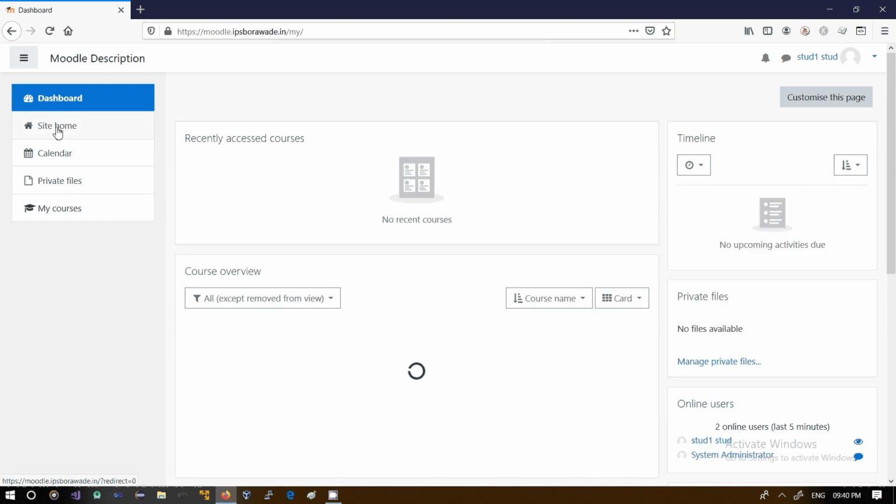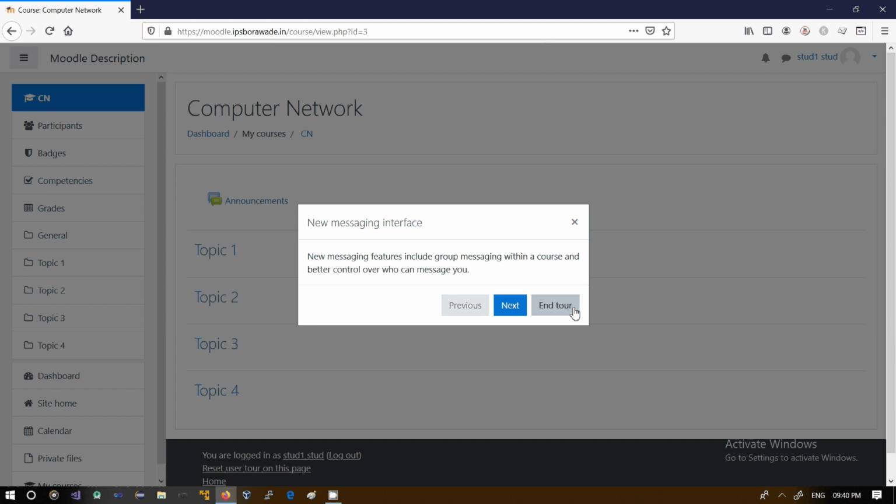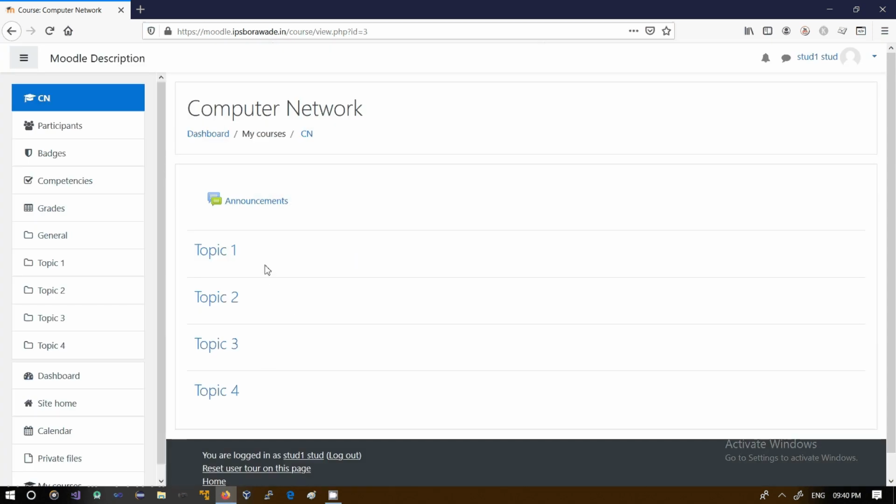See, here if you click on the site home, this Computer Network course is now visible. Okay, so who is the teacher? The teacher is the system administrator. If you click on Computer Network, the particular student can see whatever resources, quizzes, anything which is shared by the instructor, the teacher, and he or she can take the benefit from this platform. Now here you can see nothing is shared till now,